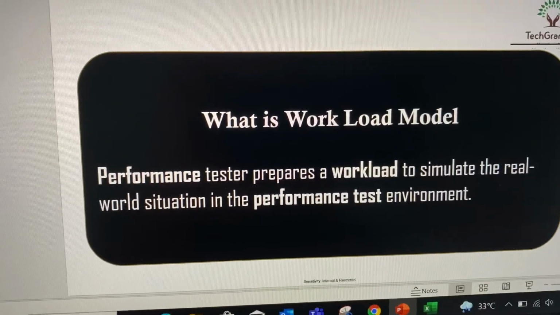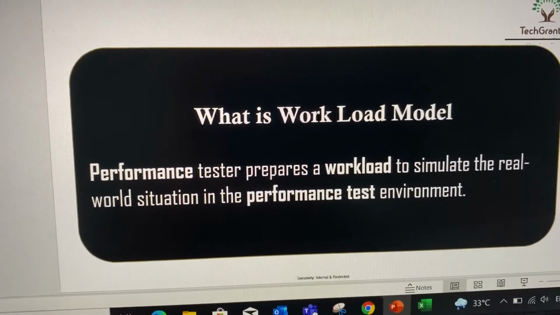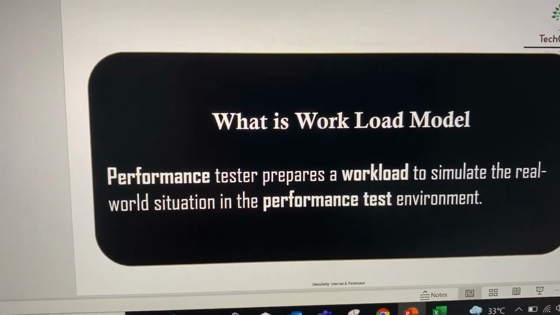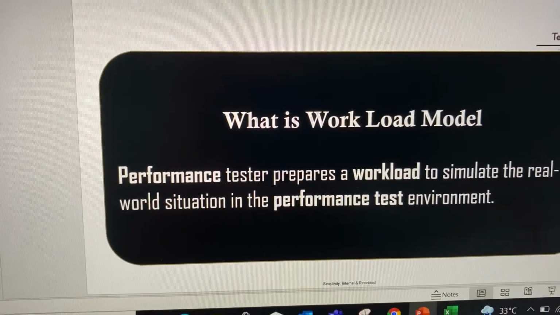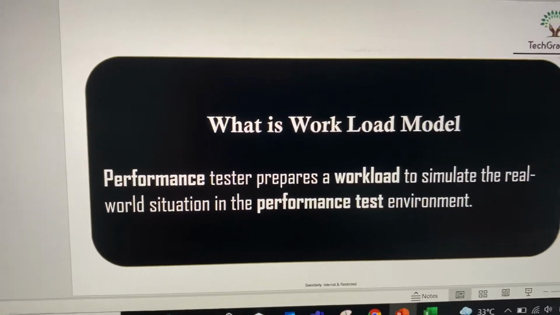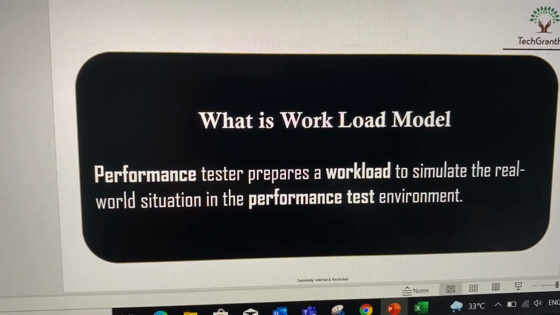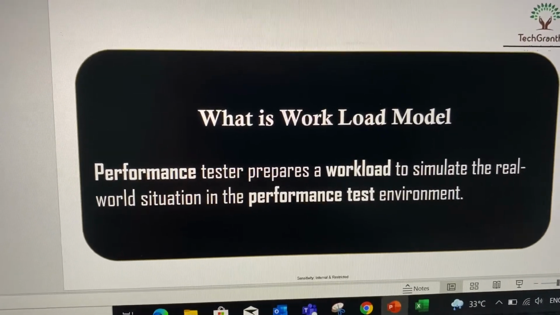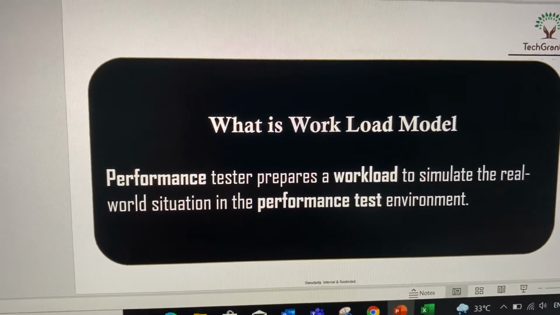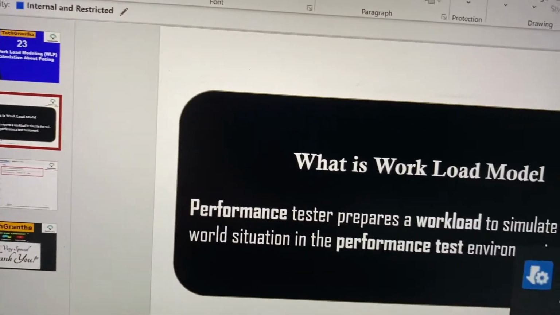For that, we need to design the scenario, calculate the think time, and calculate the pacing value. Suppose we are going to execute for 1 hour: how many users do we need to put in, and how many transactions do we need to achieve? All those calculations come under the workload modeling activity. That is the biggest and toughest challenge people face in performance testing: designing the scenario and extracting the information for the workload model.